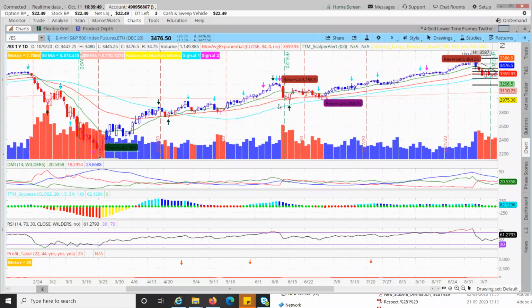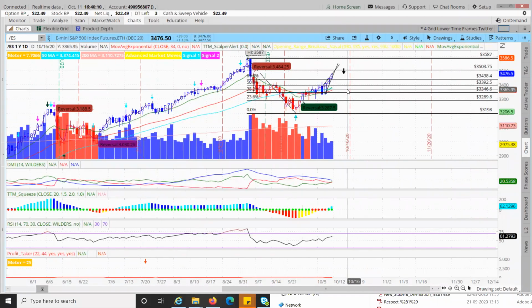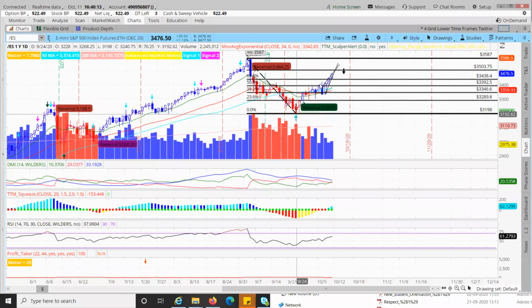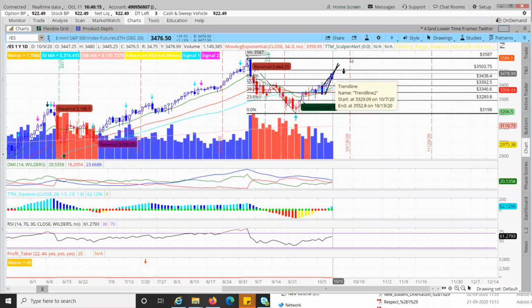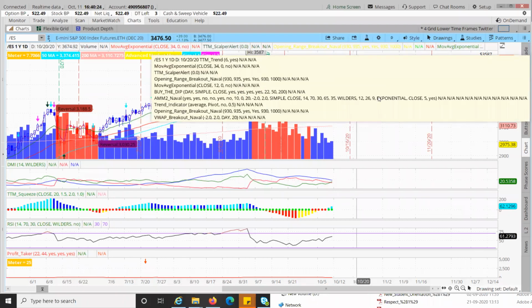Oh, there was one question, Naval. Why are you not drawing fibs from low to high to see the target? Those are extensions? Low to high. I don't try to do that. So if I'm here and I'm drawing here on this side, because this thing, I don't know where it's going to fall. I don't know where it's going to face resistance. And for me, that never worked out.